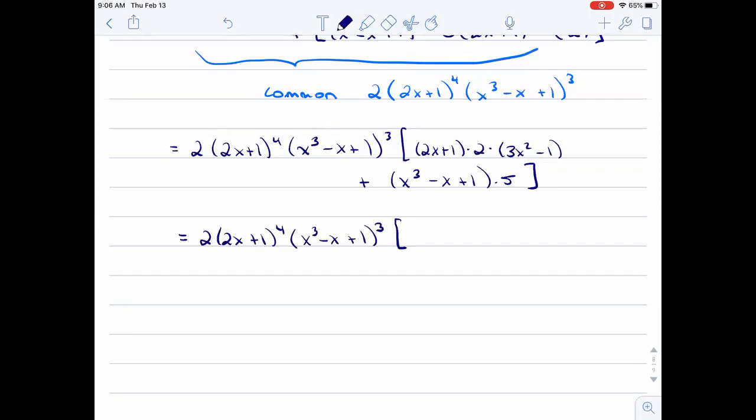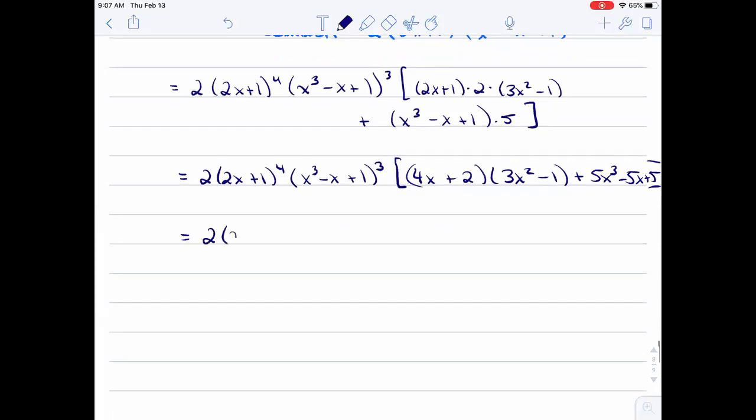Let's see here. Got a maximum of 3 terms. I can expand this. 2 times, so I've got 4x plus 2 times 3x squared minus 1 plus 5x to the 3 minus 5x plus 5. Squeezing it onto one page. Because I can expand the 4x plus 2 times 3x squared minus 1. It looked bad, but then once I kind of had a look here,